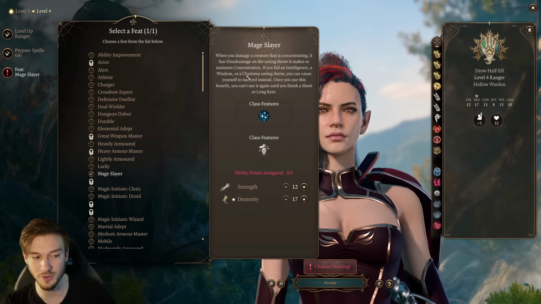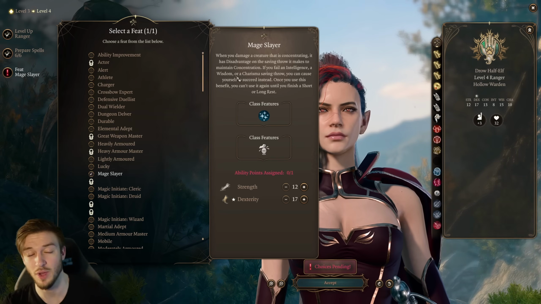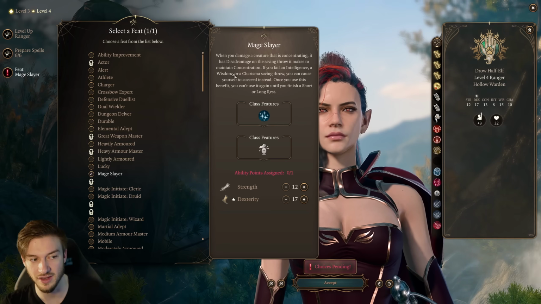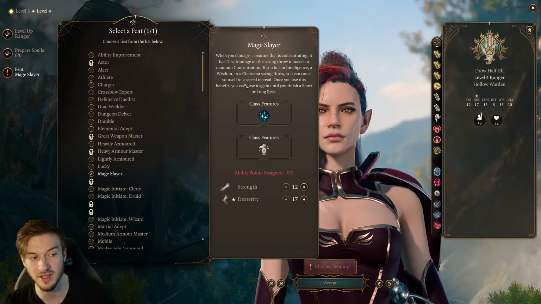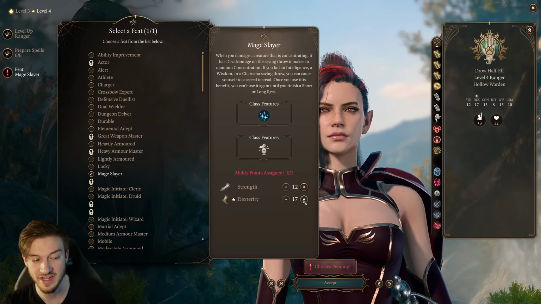Mage Slayer's got a cool change. I actually really like the change to this. This is something I thought should be a little bit better, and it plays well in Baldur's Gate. When you damage a creature that's concentrating, it has disadvantage on the saving throw to maintain concentration. If you fail an intelligence, wisdom, or charisma saving throw, you can cause yourself to succeed instead. Once you do this, you cannot do it until you finish a short or long rest, and a +1 to